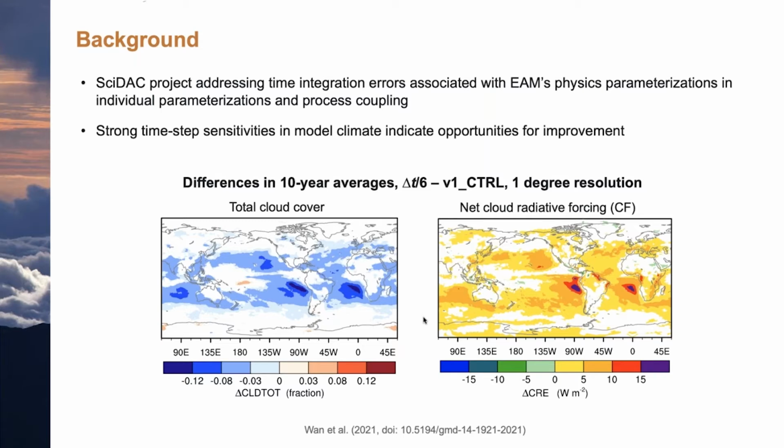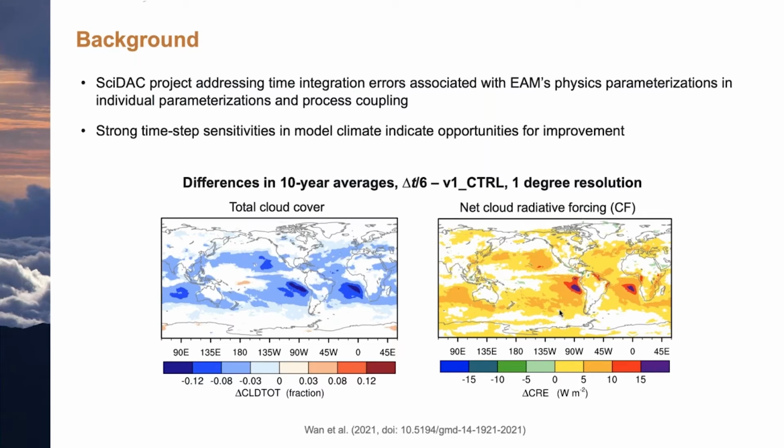sizes. For example, if we take the V1 model, use the uniform 1 degree horizontal resolution, and do two simulations, one using the default so-called physics time step of 30 minutes, and in the other simulation, proportionally reduce the various step sizes used by different parameterizations and by the dynamics by a factor of 6, then we would see, as shown on this slide here, systematically decreased cloud fraction in the subtropical areas, and related to that, significantly reduced cloud